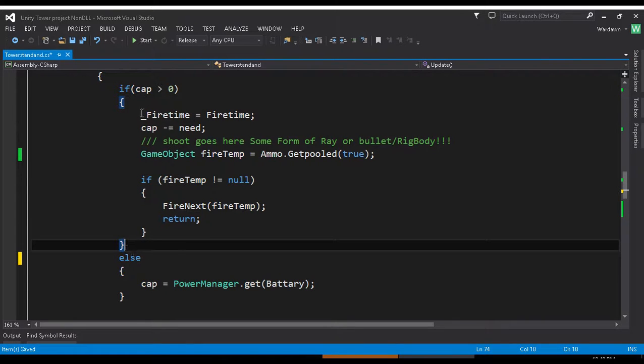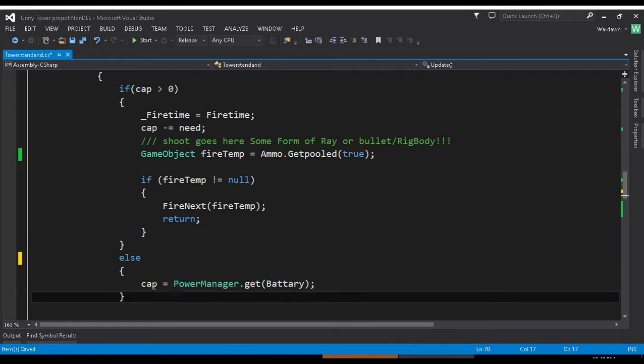Okay, this is yes, this is no. We're going to do cap equals power management dot get, and then we're passing battery. Battery is how much maximum it can do. And we do this kind of function here because our power management thing, our current power is being updated every single time we take power from it. So to keep the UI system from doing rebuilds every single 0.3 seconds or every 0.1 seconds, we give it